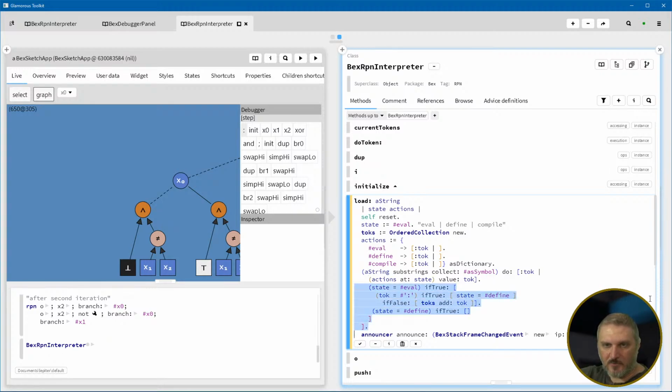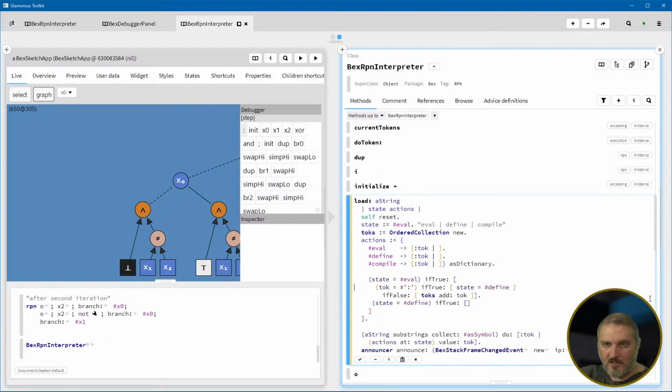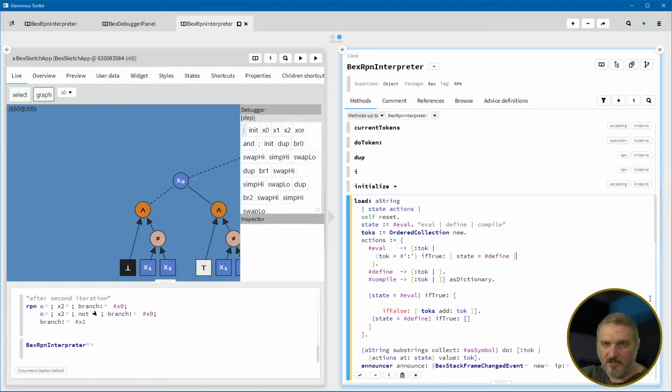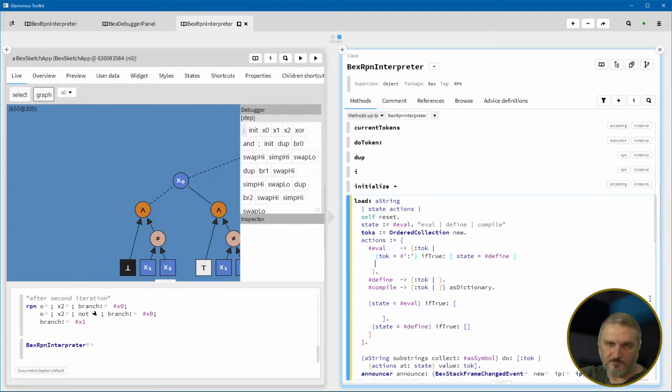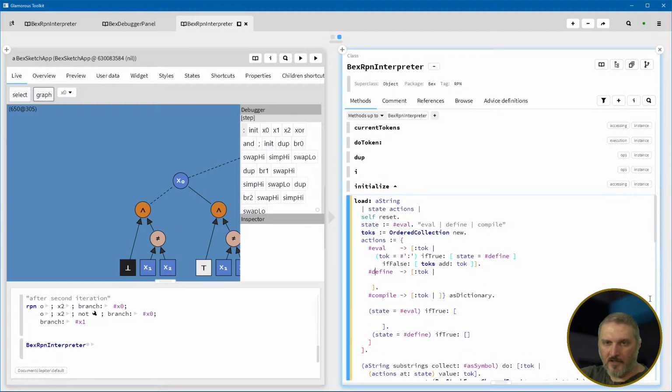Okay, this now moves inside of here. So everything I was saying over there is going to move inside of here. So if it's true, then in eval mode, if the token is a colon, then we move to the defined state. And if false, otherwise, we add the token to the loop. Okay. If we are in define mode, then